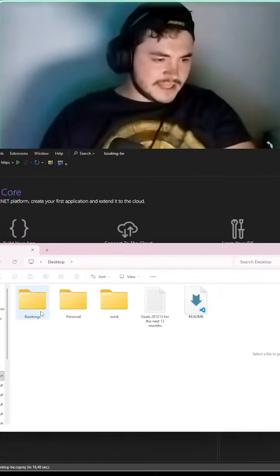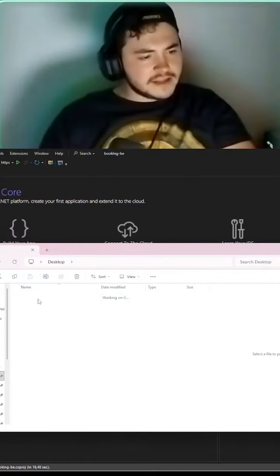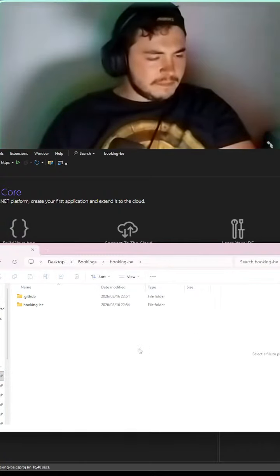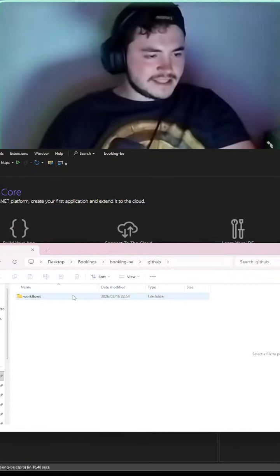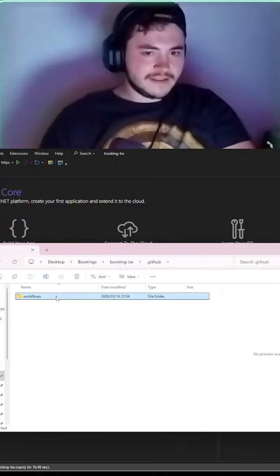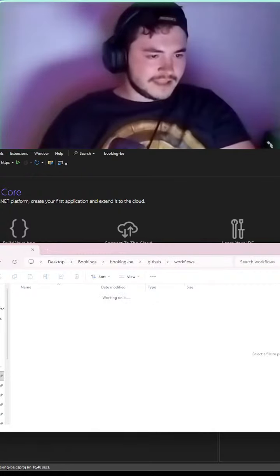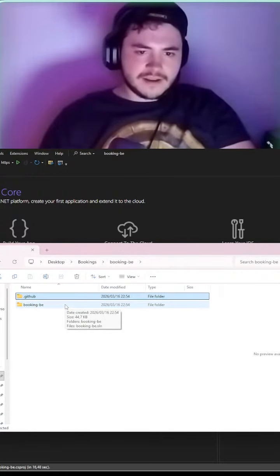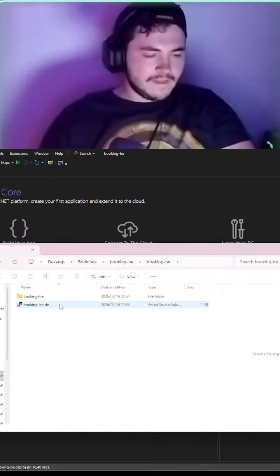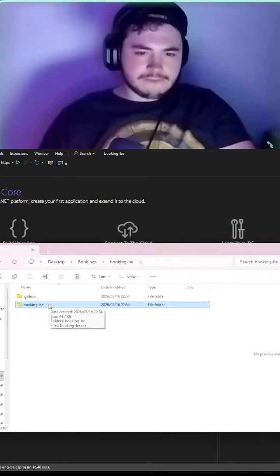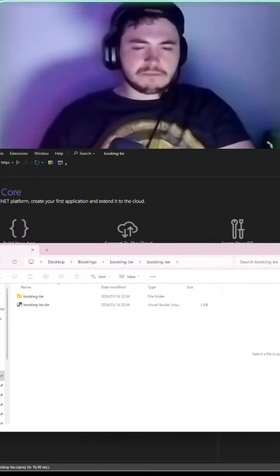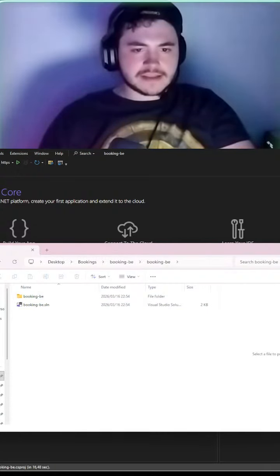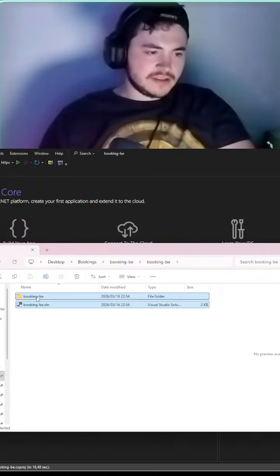Let's look at my desktop. Let's look at bookings. Booking backend. Why is that there? Why is this GitHub here? That is scaring me. Okay, so it looks like this bottom level booking backend and this solution is that.